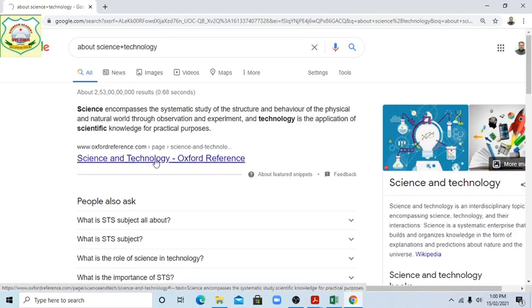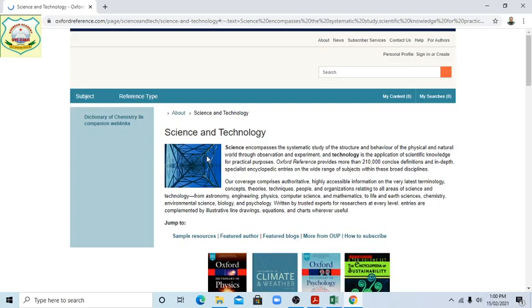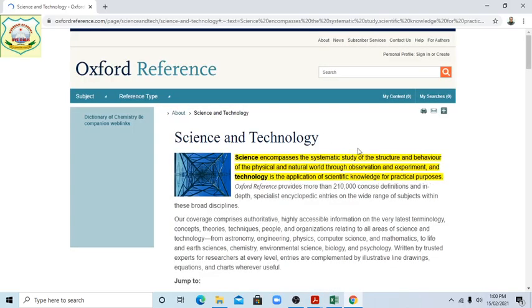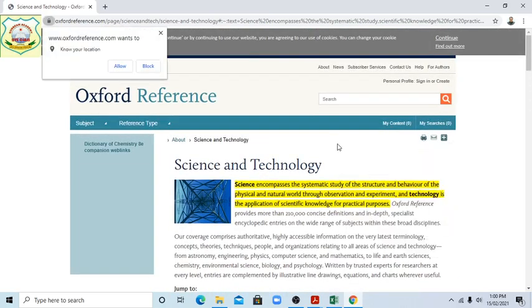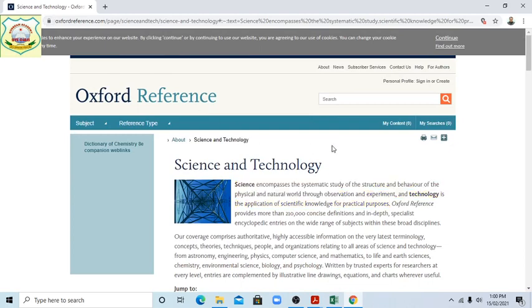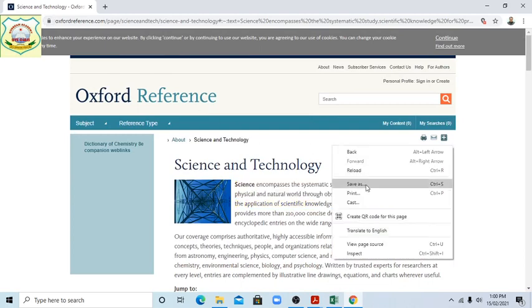You just open it. Now it is going to open, students. If you want to save this, students, right click and choose the save as option.